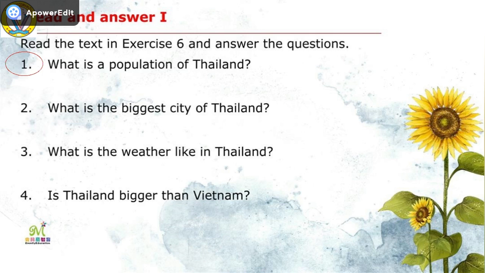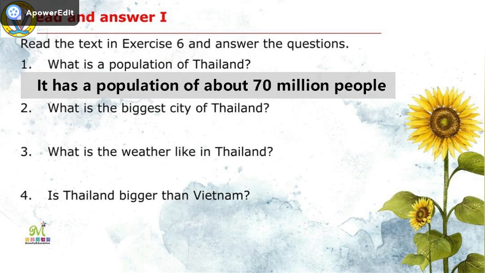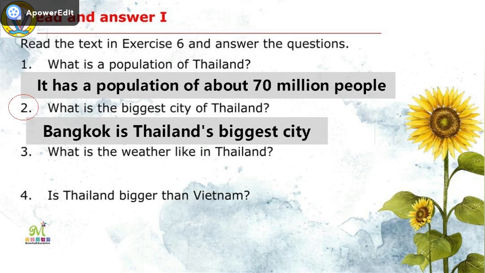Well it has a population of about 70 million people. Next, what is the biggest city of Thailand? Well, Bangkok is Thailand's biggest city. Next, what is the weather like